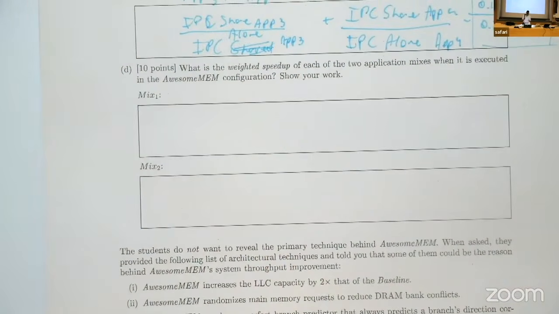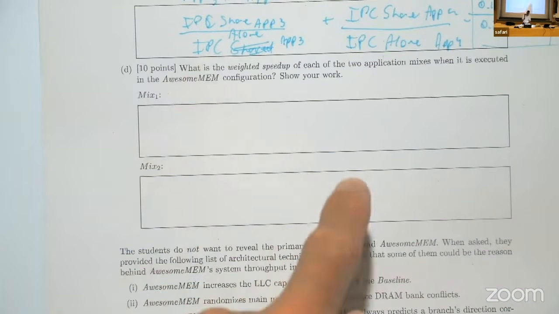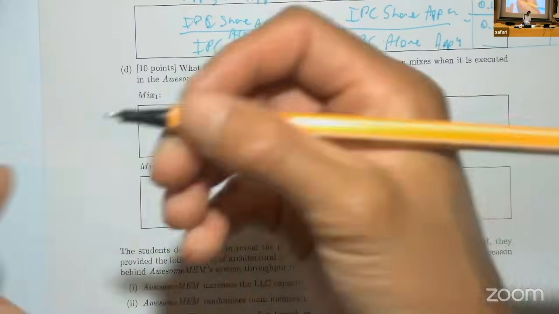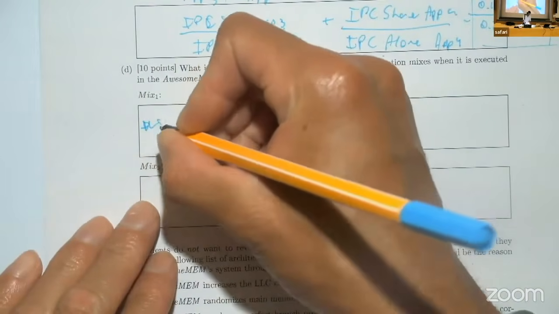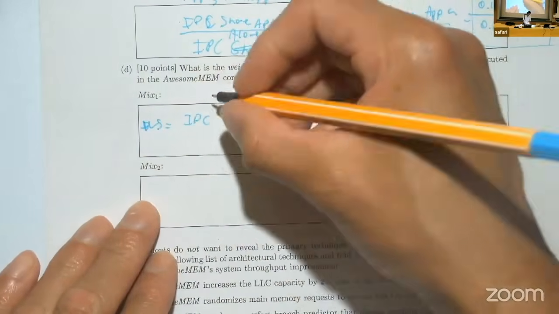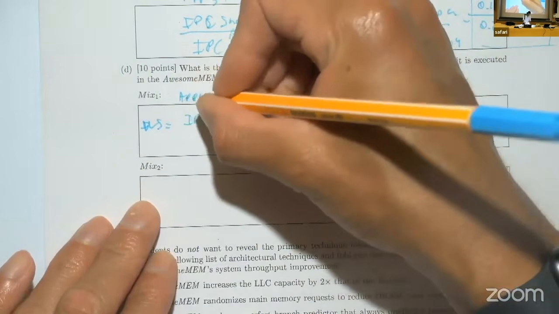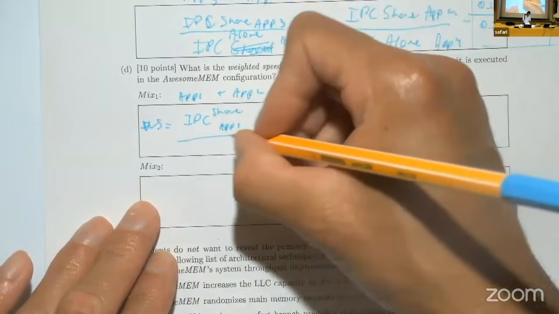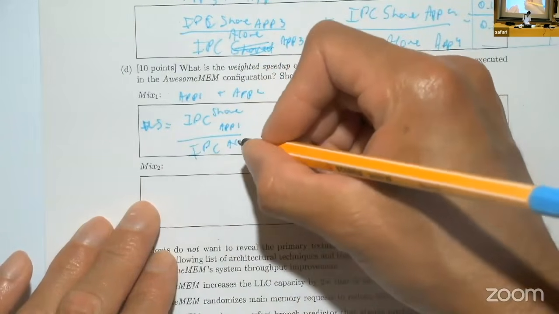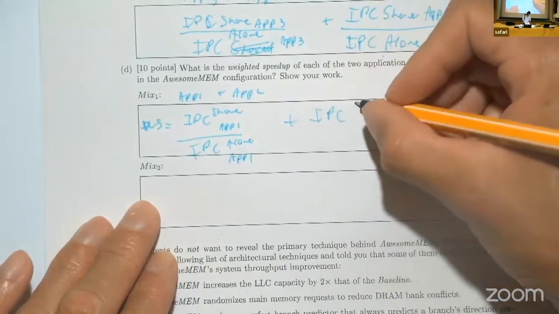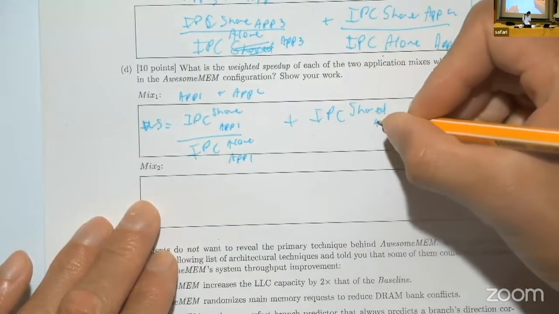Okay, this question D was also one that people got wrong last year. Now it's asking you to calculate the weighted speedup when the application mixes are running in the RowHammer configuration. You do the same thing. Weighted speedup: IPC shared app1, since mix one is app1 and app2, divided by the IPC alone of app1, plus IPC shared app2,